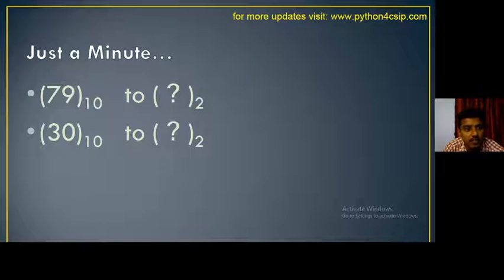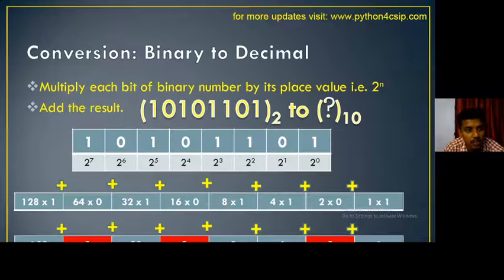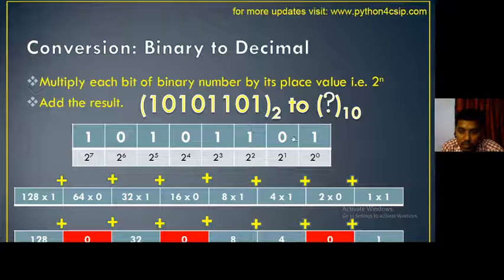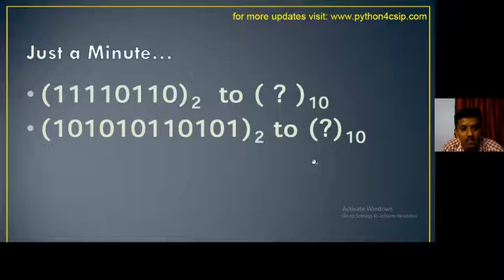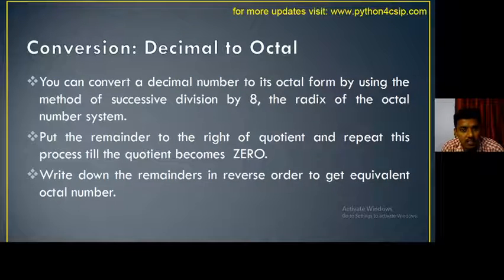Okay, next 79 को कैसे दो एग्जांपल दिया है. Next binary to decimal, multiply each binary digit with the positional value, that is 2 power n. ओके, मैंने स्टार्टिंग से लेफ्ट से जा रहा है तो 2 पावर 0, 2 पावर 1, 2 ऐसा करके जितना लास्ट डिजिट है उतना तक करो 2 पावर 7. ओके, एंड मल्टीप्लाई ईच बाइनरी नंबर विद द पोजीशनिंग वैल्यू ऑफ द पर्टिकुलर नंबर एंड ऐड दैट नंबर, देन यू विल गेट द रिजल्ट. ओके, so here two examples they gave, that we will discuss also.